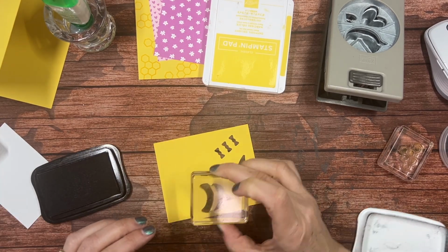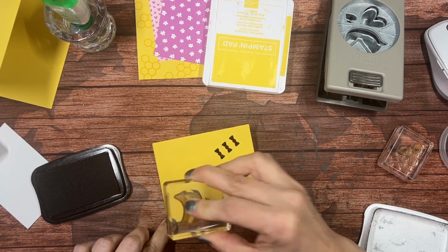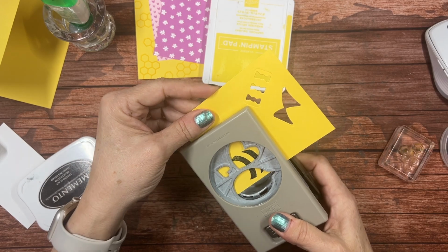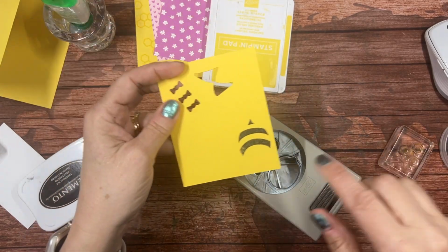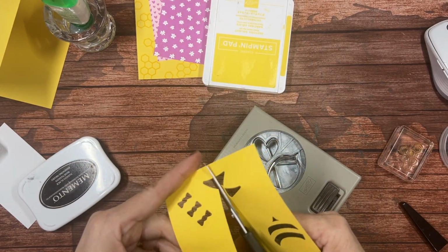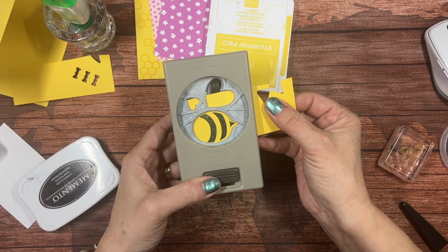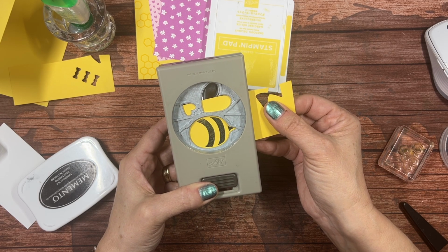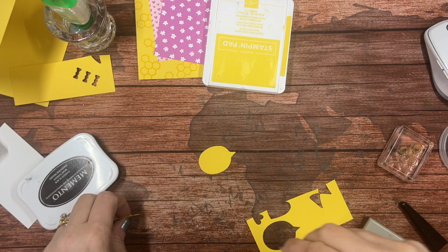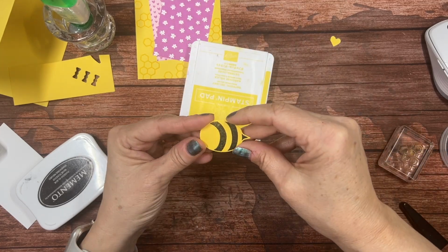All right, so let's go ahead right here, give it a little bit of room. And I'm not going to stamp the face right now, simply because I need to know where it all goes. And I don't need all this up top. I don't want to waste that cardstock. We'll just give it a little trim here. And this goes right in like this. And I can even it up a bit. Play with it till I think it's just about right, and then punch it. A little heart here, a little yellow heart if I want to keep that. And so here is my bumblebee,